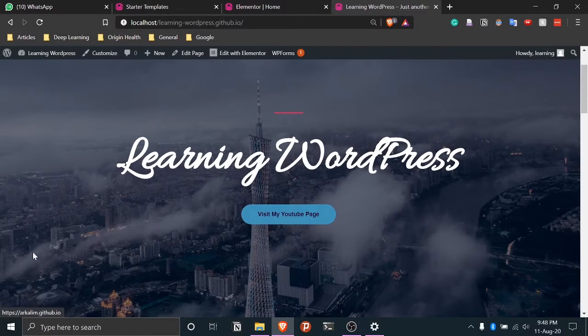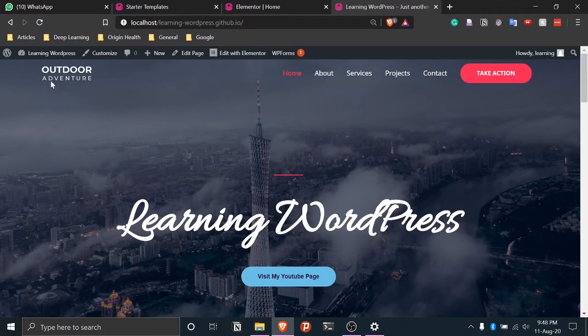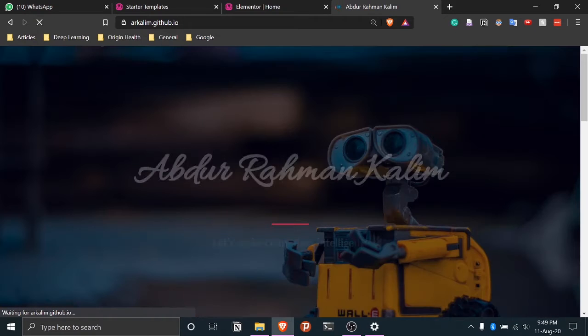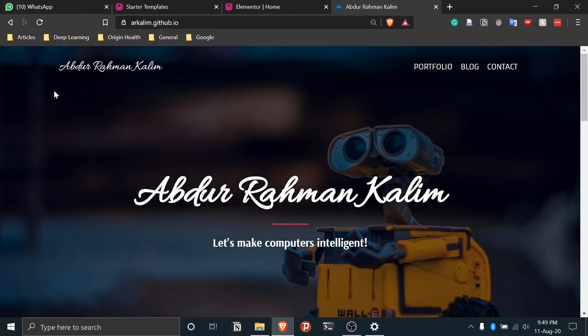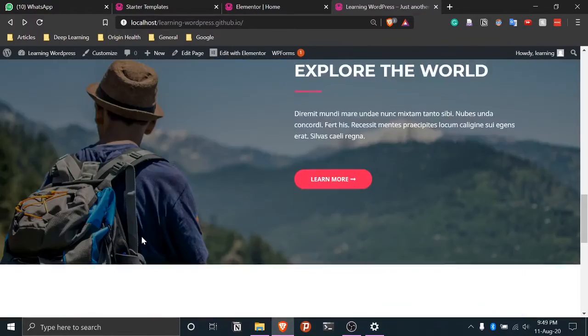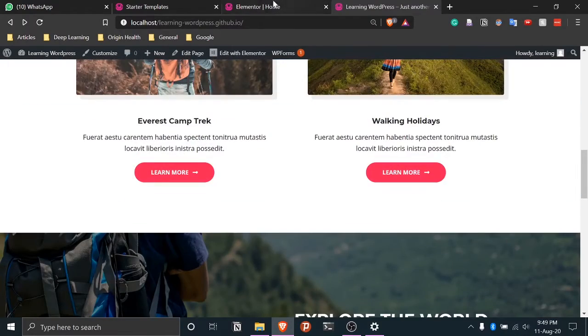So here you can easily see whether you're happy with this or not. So here's the logo, here's all the menu, and here's the button. So if I click on this button, if you remember, I had put my page in the link. So now you can see it has redirected me to my web page. So I'll go back, and here you can see the remaining. So let's customize the rest of the page.